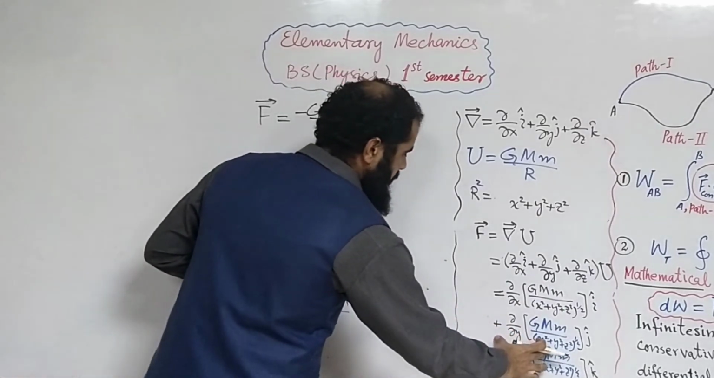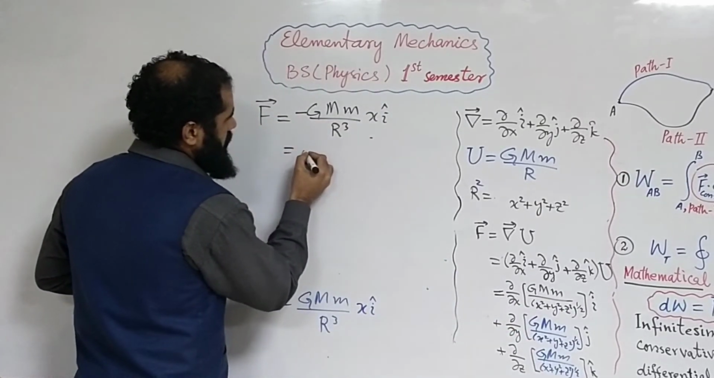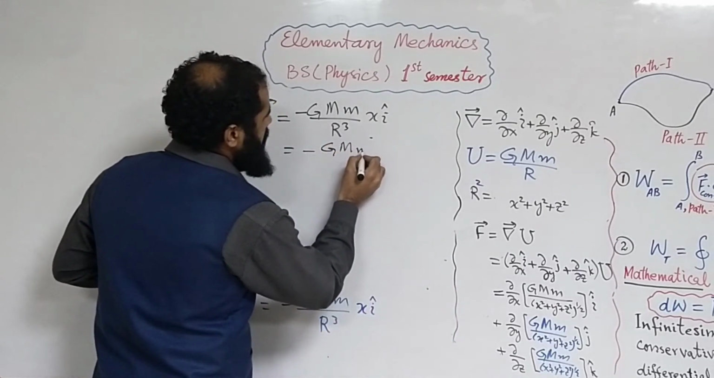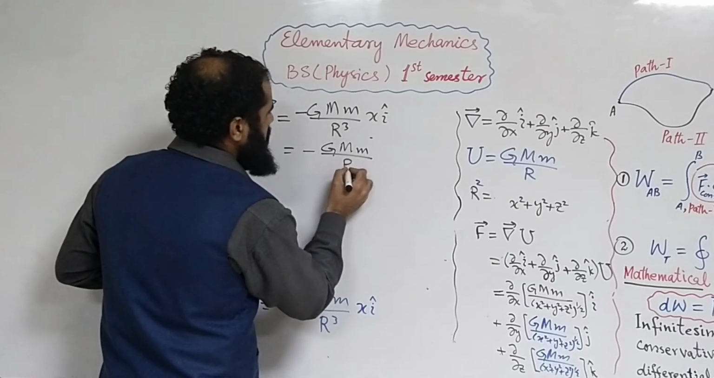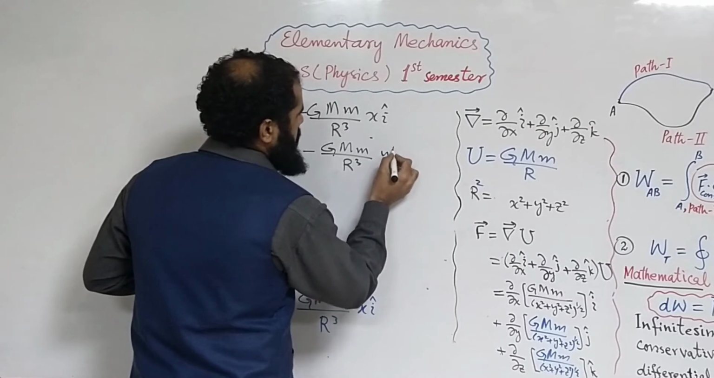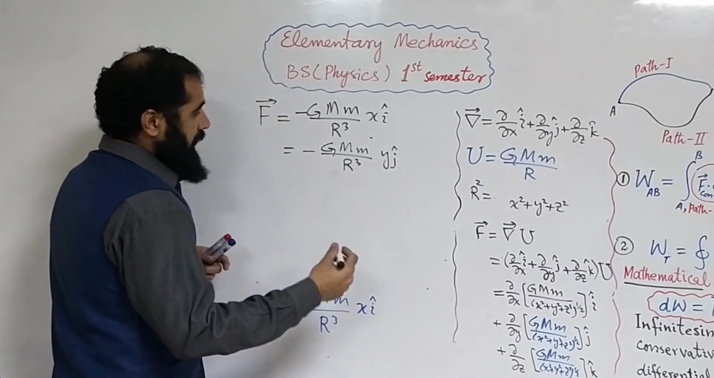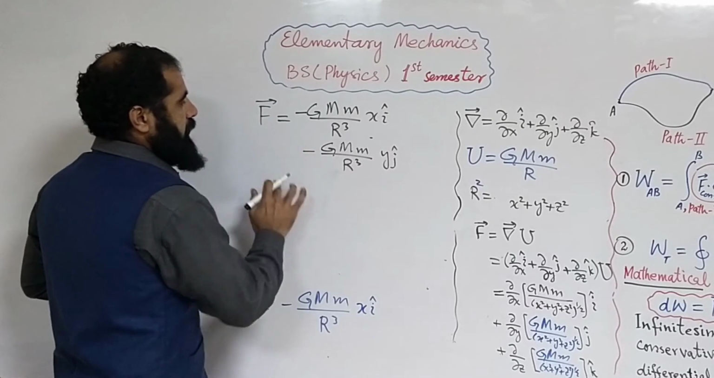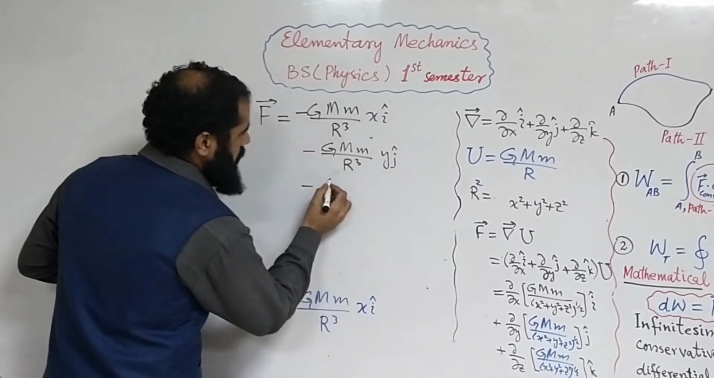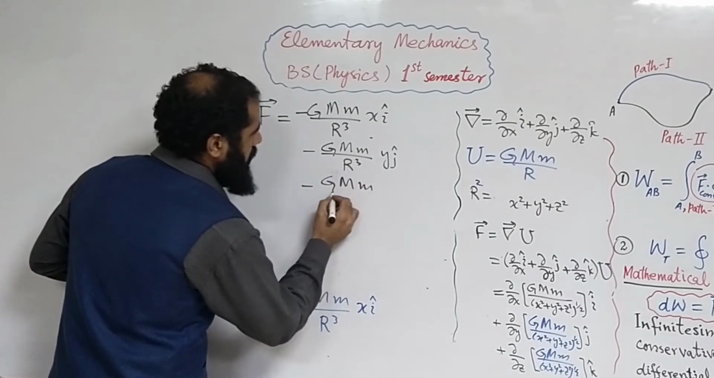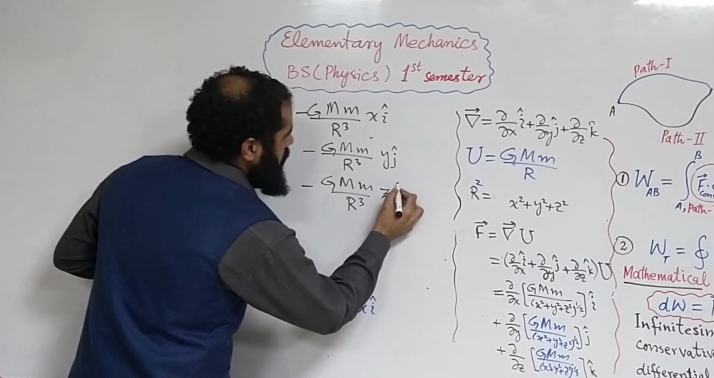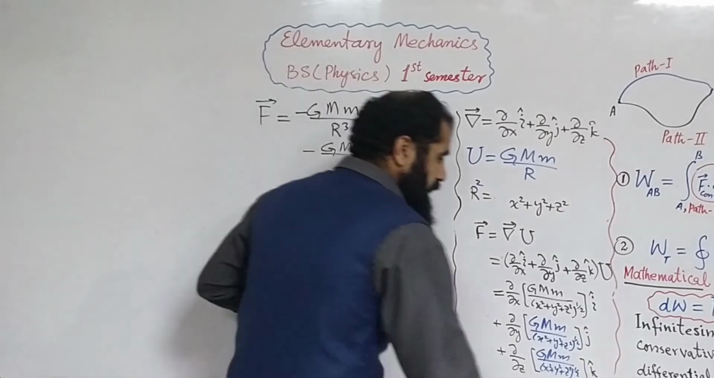And then from the second term, minus GMm divided by r cube with yj. And no equality sign here, and here minus the third, GMm divided by r cube z with unit vector k. And this way,